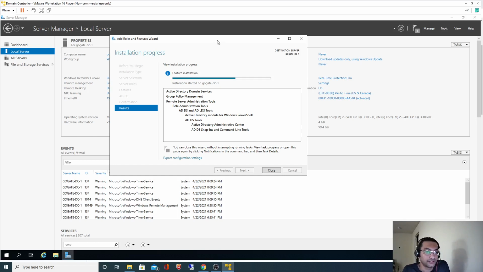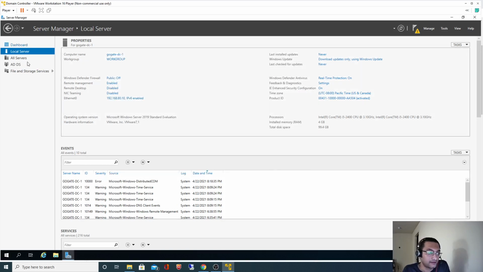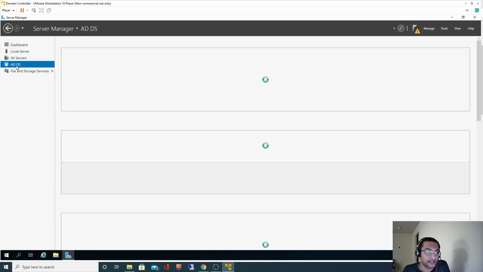It should get finished now. Okay, it got finished. I'll close this. And as I said, on the left-hand side this option appeared, ADDS.